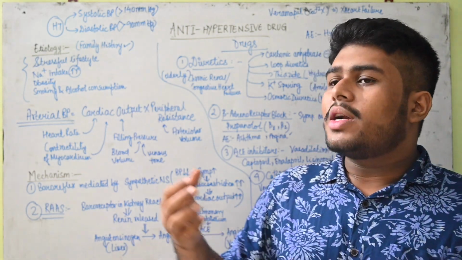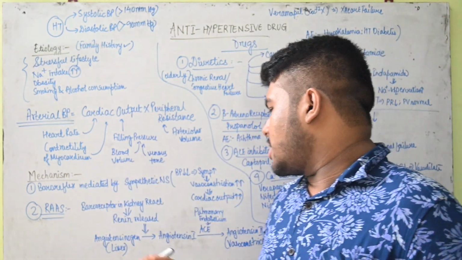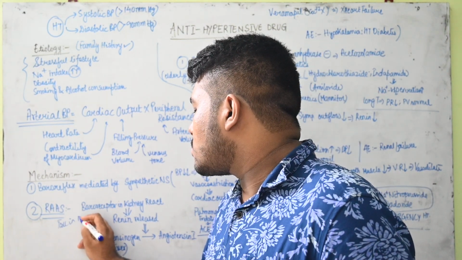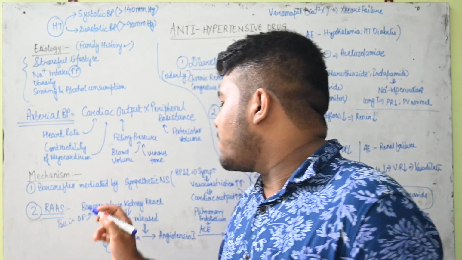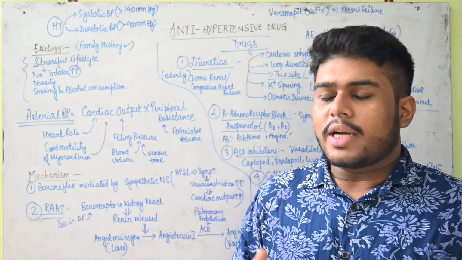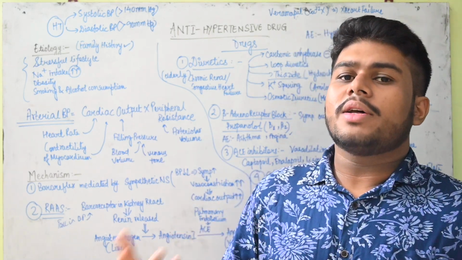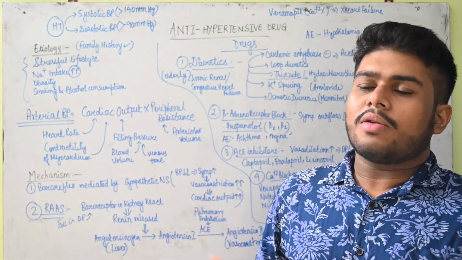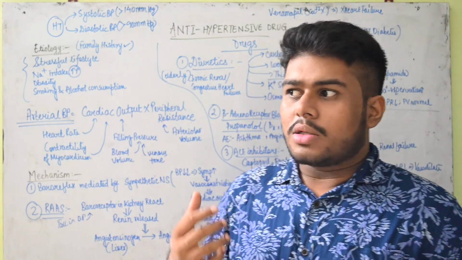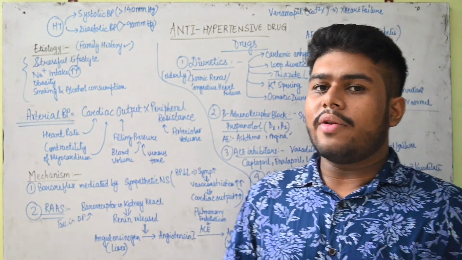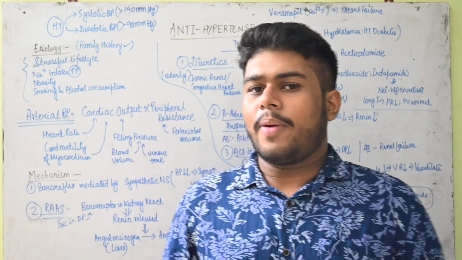Whenever there is a fall in blood pressure, the baroreceptors present in the kidney will react to that sudden decrease in blood pressure, because in the renal artery, the further arterioles and the glomerulus, of course the pressure will decrease. So that will be instantly sensed, and the kidneys will release renin from the juxtaglomerular apparatus.